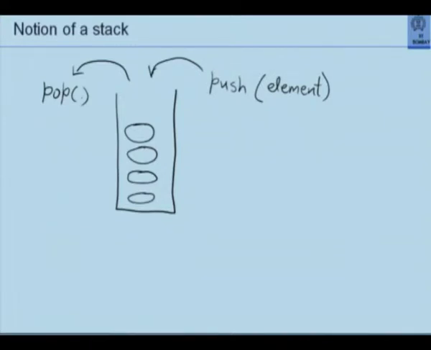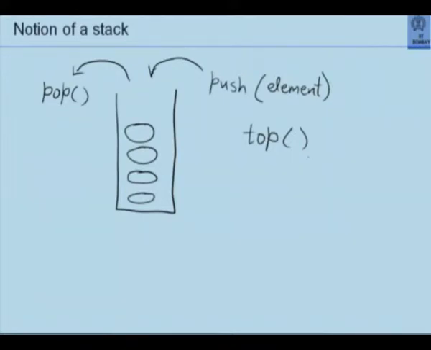So for that, there is another function which is provided in the standard template library, which is called top. This top is a facility to peep into the top of stack. This top is not like our top variable, which was pointing to a location. This top is a function.